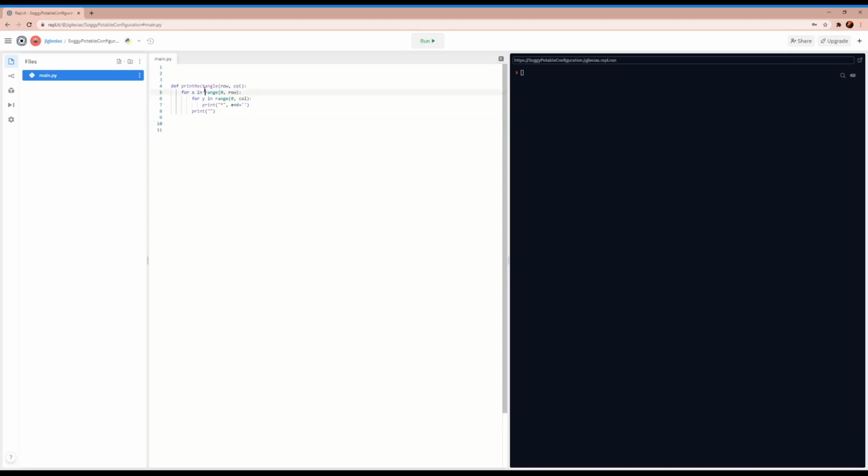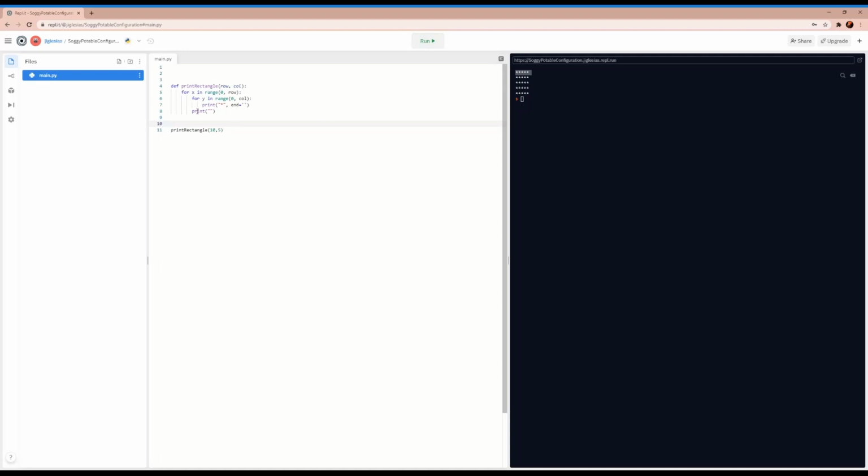But let's run this. Let's make a rectangle that has 2 rows and 5 columns. All right, so let's run it. And yeah, so that is 2 rows, 5 columns. Now let's say we want 5 rows, 5 columns. All right, so let's count them out. 1, 2, 3, 4, 5, and then 1, 2, 3, 4, 5. That is correct. So this is definitely working, and the only way it works in a